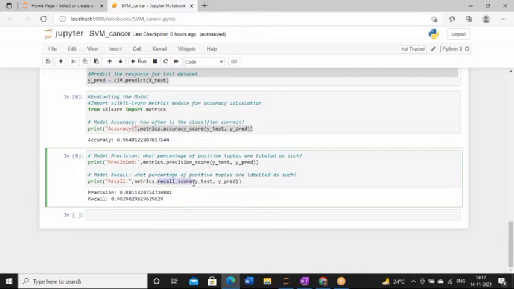Now I have one open question for you all. Can anyone tell why, after calculating accuracy, I am calculating the precision and recall factor? And if you see carefully, precision is 0.98 and recall is 0.96. So can anyone tell what is the difference between this accuracy and precision and recall? Why do we need this?